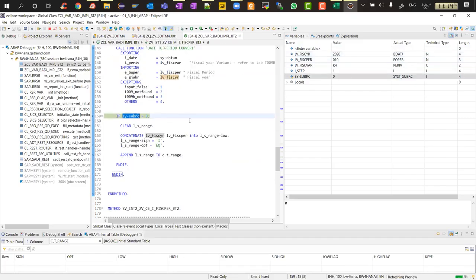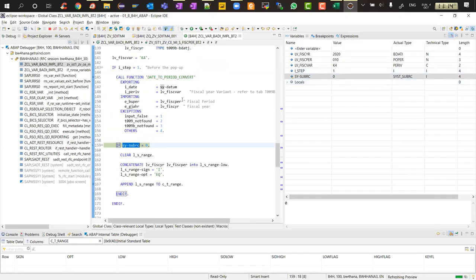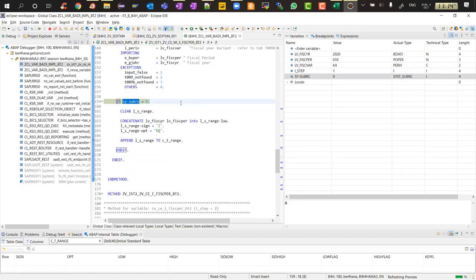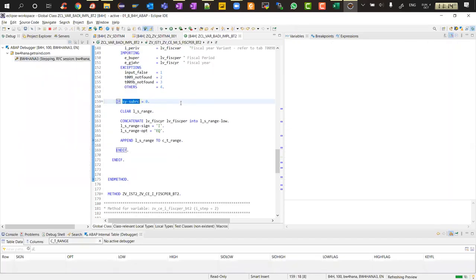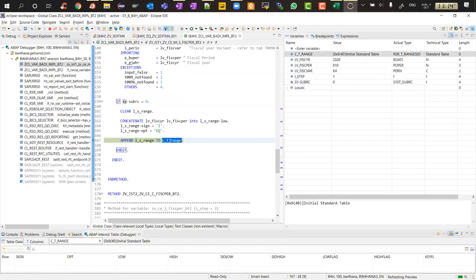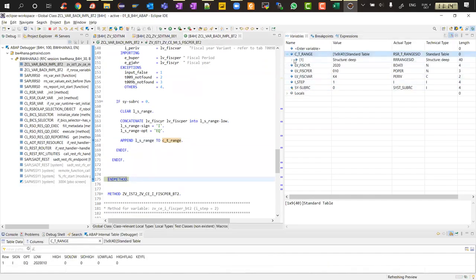Size sub RC, what is the value? 0. This is a system subroutine code. So it is 0, which means this particular call was successful. Then we will go to the next breakpoint, which is append, and CT range. We will see what CT range is: 0 values. So press F5. It will have 1 value, and the value is